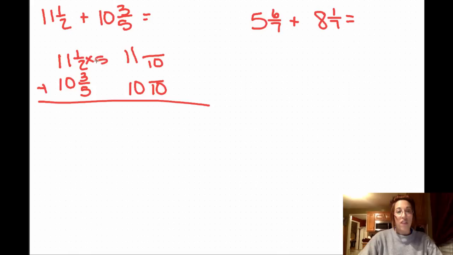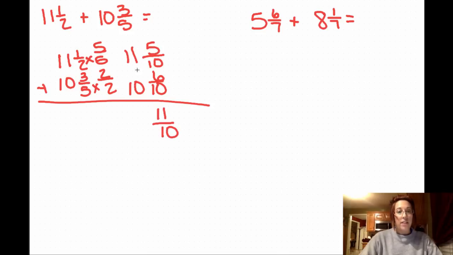Two times 5 is 10, and 1 times 5 is 5. 5 times 2 is 10. 3 times 2 is 6. So 6/10 plus 5/10 is